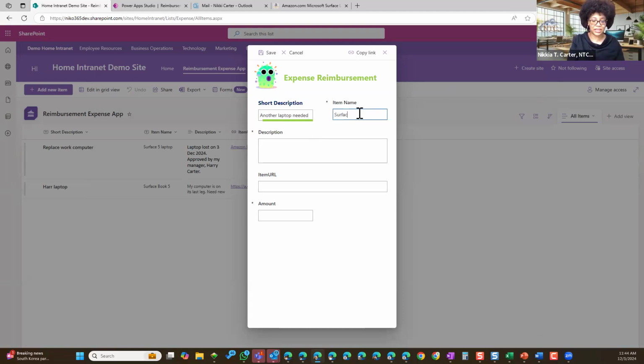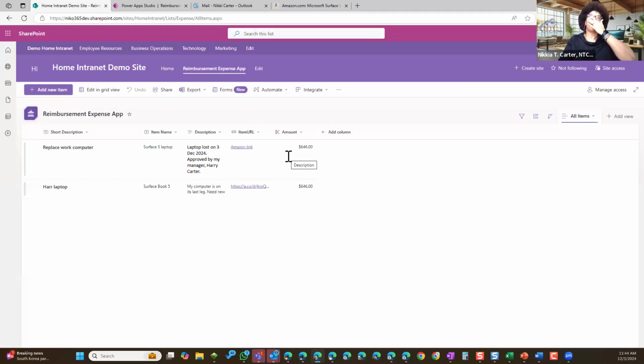So if I were to create a new item right now, we'll name it the same thing just because I think I still have the URL. Let me put the URL in there. Okay, now I'm going to save this one. And now that we have a new item after I've initiated this rule, which is basically a very small workflow that's just going to send a notification that a new item was submitted. While I'm waiting for that to come in, because it takes a minute for the email to come through,